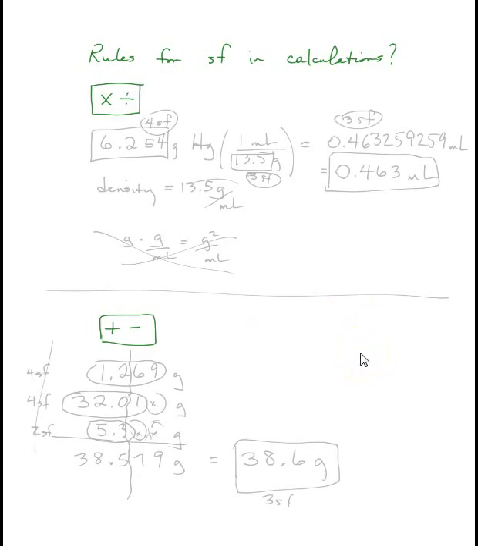The multiplying and dividing rule is really the simple one. It's pretty easy. So let's say we have 6.254 grams of mercury, Hg. And I want to know what its volume would be. Well, I'm going to look up the density. So if I find out that the density for mercury is equal to 13.5 grams per milliliter, then I can